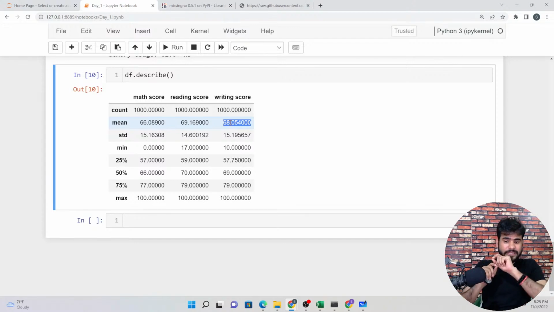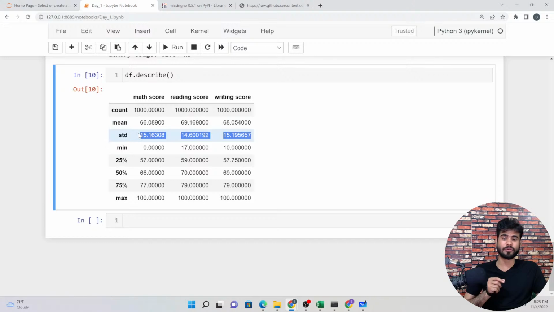Now the second thing, the standard deviation. Again, the standard deviation is close to 15 and 14. Both are close to each other, right?